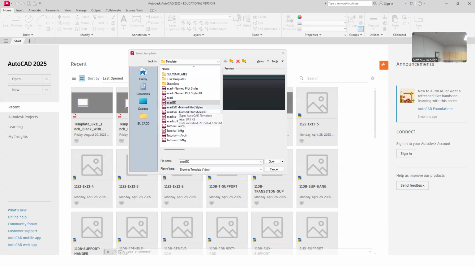And then anything with ISO is going to be a metric-based template, so it's probably going to be in millimeters as the units. And so I kind of avoid the named plot styles and plot styles 3D. I avoid those and just go to the ones with regular. So the ones we're probably going to use initially are this simple AutoCAD template file. And we might use this AutoCAD ISO, which is going to be a metric one. And the 3D ones we'll catch late in this semester. But